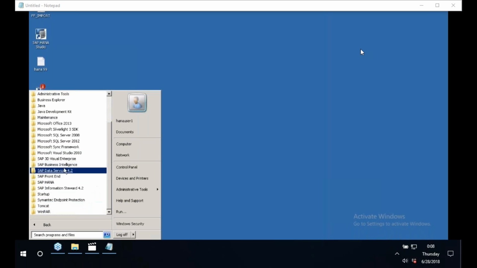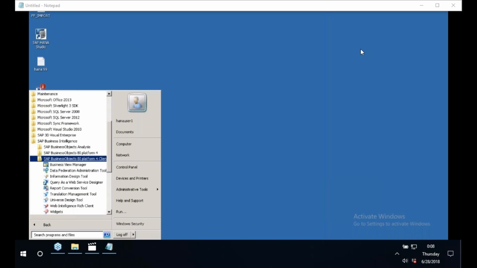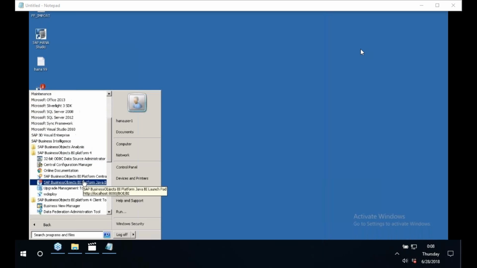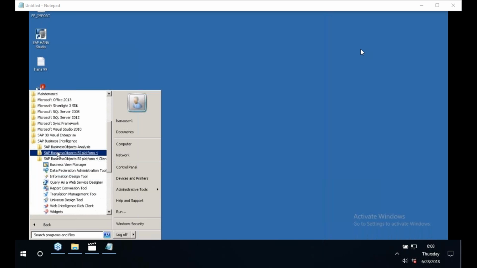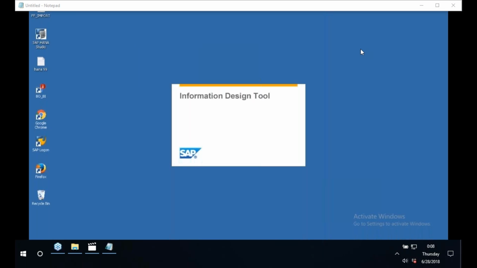Sorry, click on Business Intelligence and here click on Information Design Tool. Once we click on the Information Design Tool,